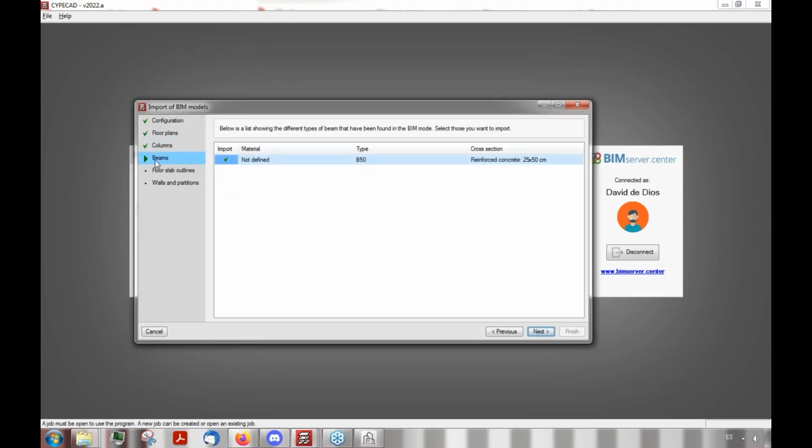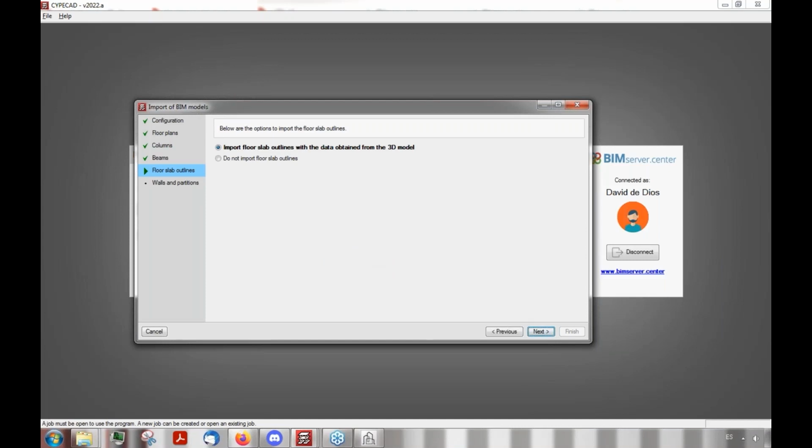And same thing goes for beams. Right now, we have one kind of beam that we're going to import. And in regards to floor slab outlines, instead of importing the slabs as they are right now in CYPE architecture, we will import only the outlines. In this way, when the structural engineer goes into the final project, he or she can more easily and accurately design the borders of all the slabs so they comply with the structural needs and the construction elements that are